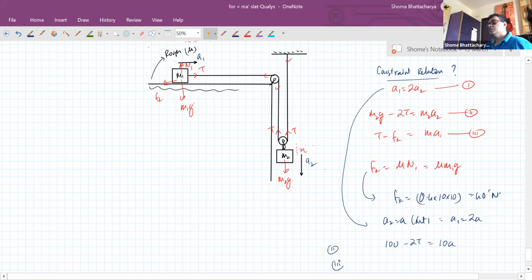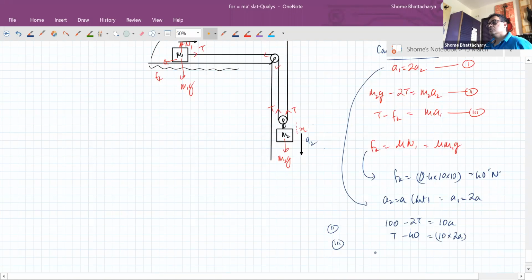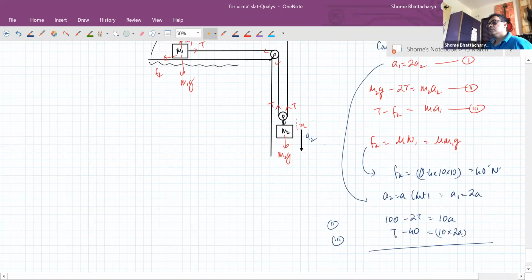And equation 3 becomes T minus 40 is equal to 10 into 2A. So now we can solve this. Multiply this equation by 2 and add. So 2T will cancel out. So 100 minus 80 will become